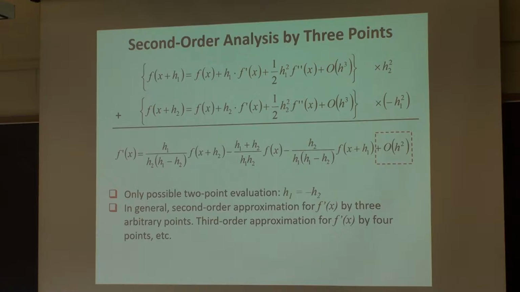Okay? So now the weapon in your hand, right? If I have a way to evaluate f, I just know how to evaluate it. I have no way to estimate the slope analytically. But I can estimate it by sampling, right? 2 sampling points give me first order approximation. 3 sampling points, as in here, give you second order approximation. 4 sampling points give me third order approximation. And I don't have to restrict, right? For arbitrary h1, h2 selections, I can always do this, right?